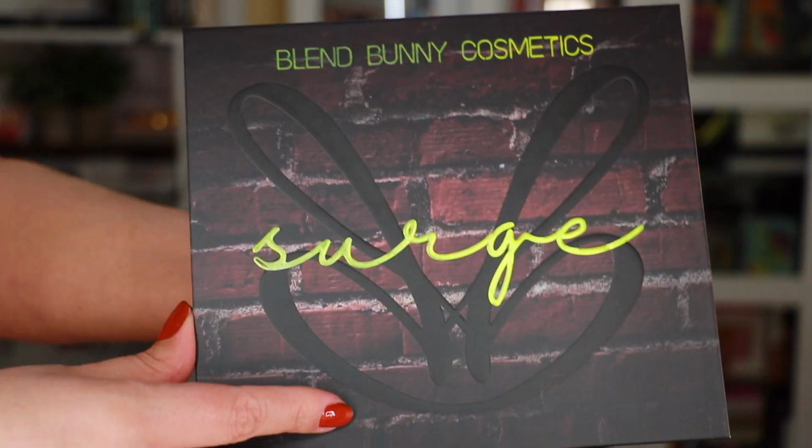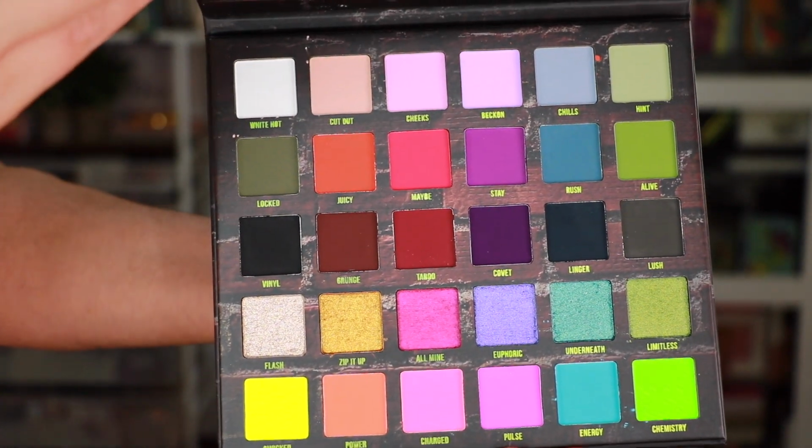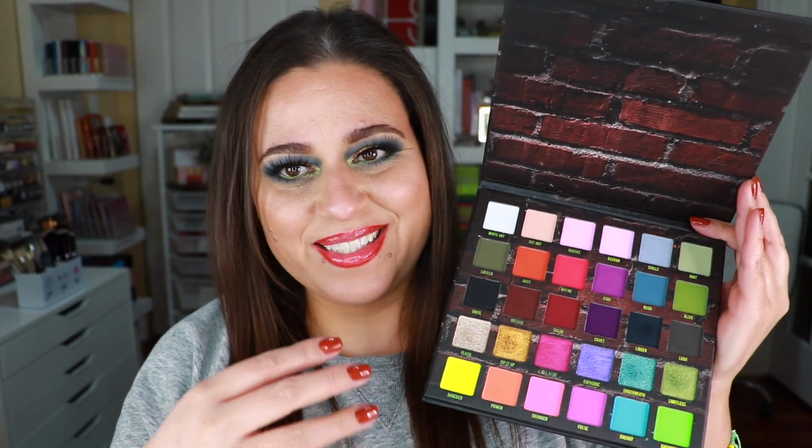Here's the palette itself. It's quite thin, which I appreciate. It's a good size for 30 eyeshadow shades. And when you open it up, there is no mirror in the palette itself. It's just that kind of exposed brick wall motif repeated in the interior, but here's the palette itself,